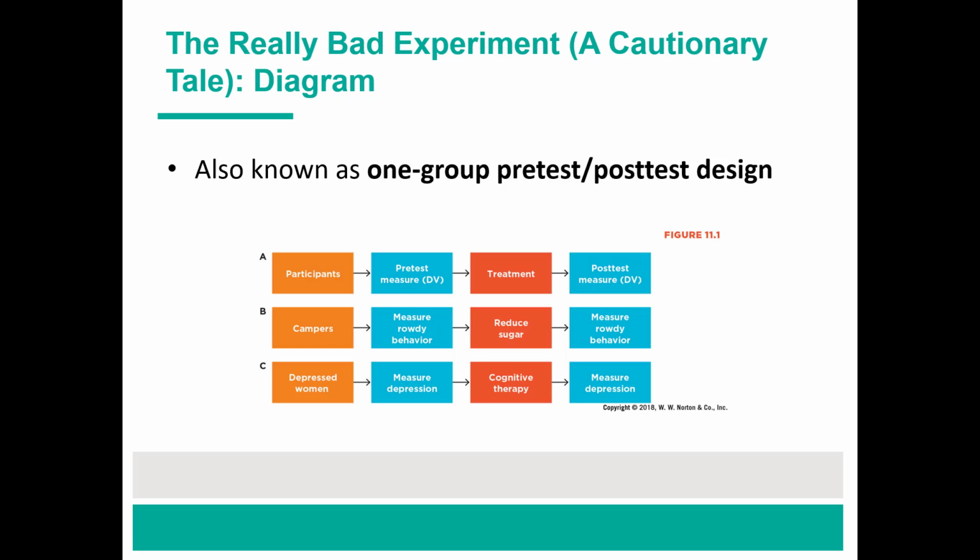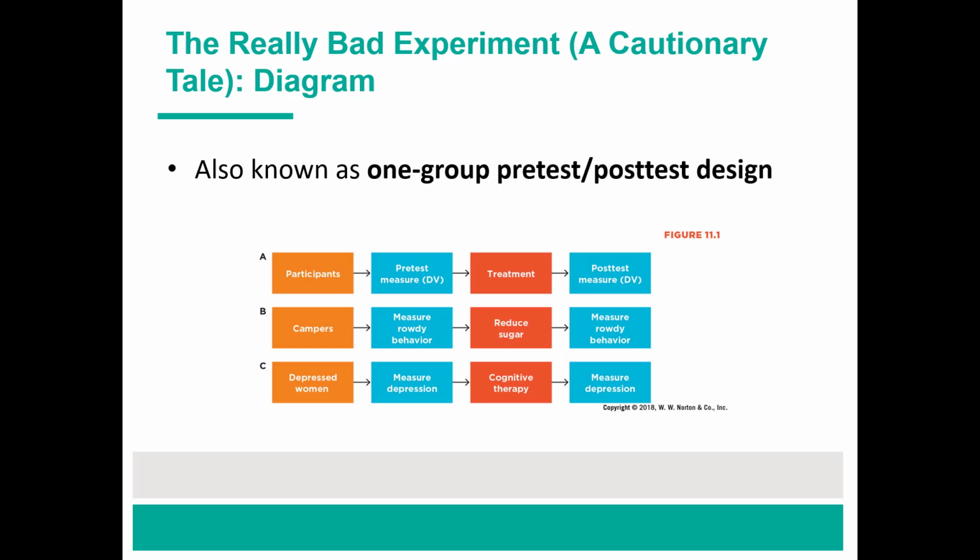The first example study, which is outlined in line B in the diagram, describes Nikhil, a summer camp counselor and psychology major, who has noticed that his current cabin of 15 boys is an especially rowdy bunch. He's heard a change in diet might help them calm down, so he eliminates the sugary snacks and desserts from their meals for 2 days. As he expected, the boys are much quieter and calmer by the end of the week,